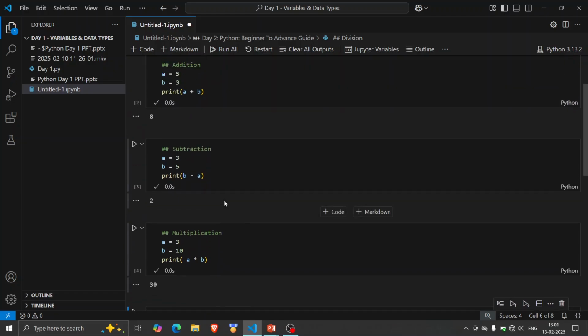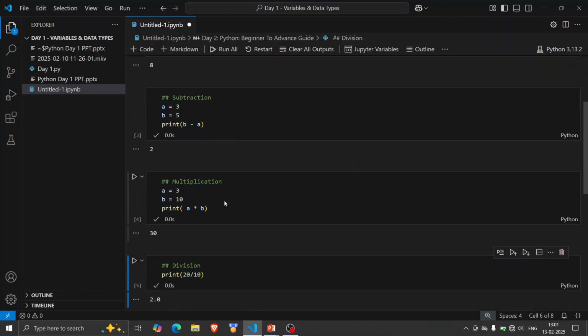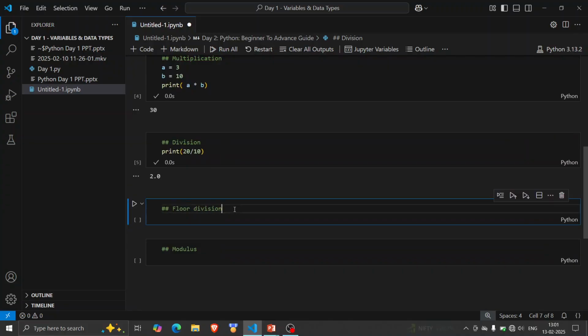Plus, minus, multiplication, division we all know, but the second thing that looks different is this sign, double division. What does this double division mean? This double division is called floor division, and it returns the quotient only. You all know what a quotient is.